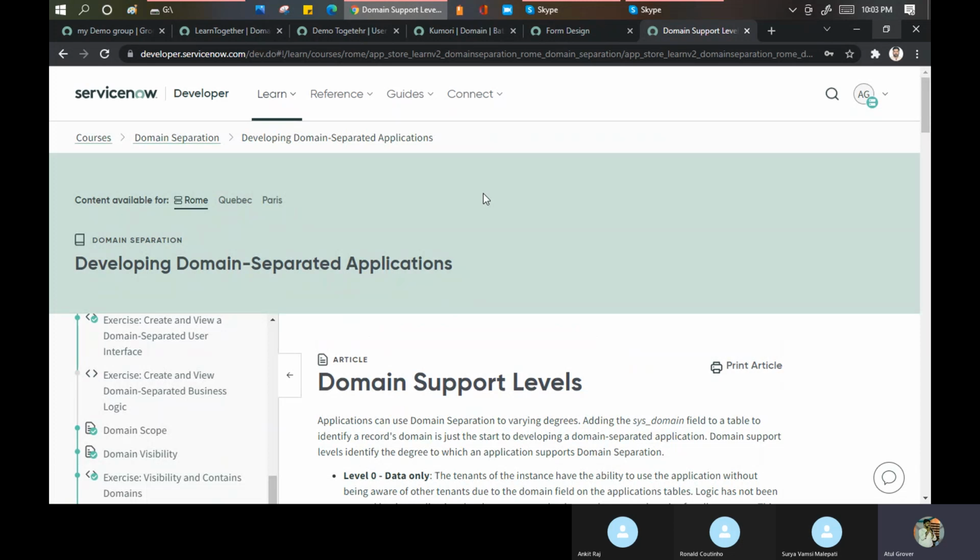Okay. Any doubt? Any question till this point? Has domain separation remained a challenge in the previous versions till Rome? Yes, it is still some kind of a challenge. I did not see any new enhancement for a long time, in Rome or any other release. They don't say they have brought something new in domain separation. No, it is the same and same. It is not an easy task.